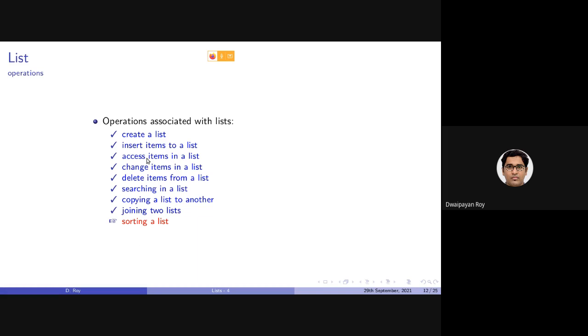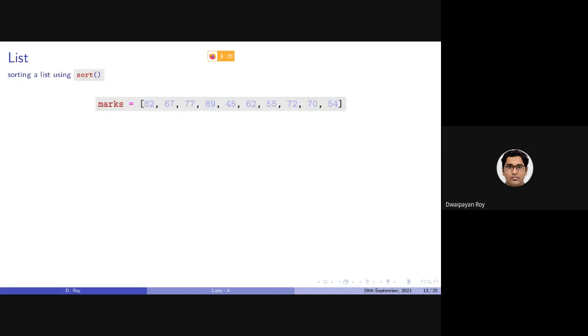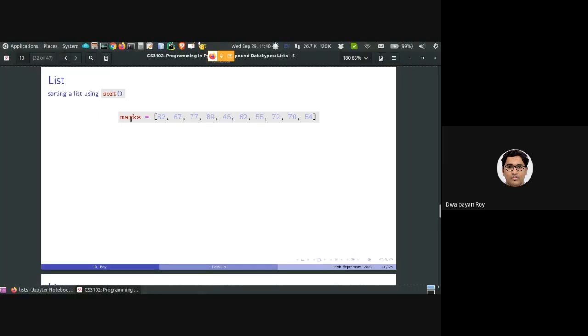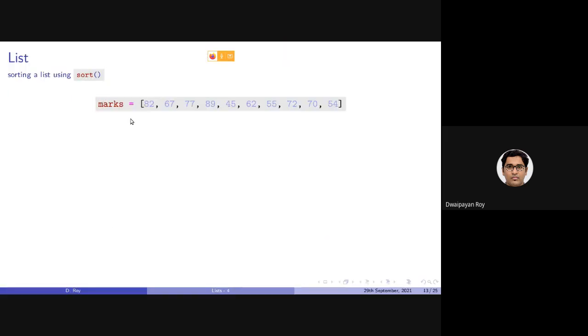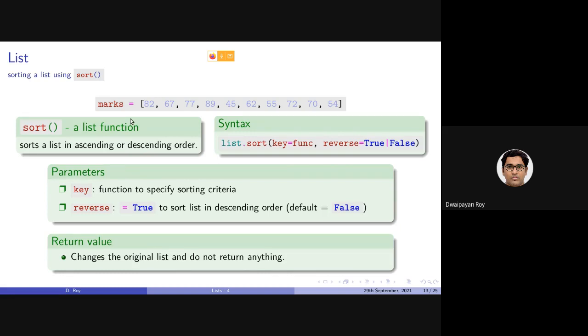So the next operation, which is an important one, is sorting a list. Let's consider we have a list of marks. Let's just copy it, and we want to sort them. To sort a list, there is a sort function, which is a list function.